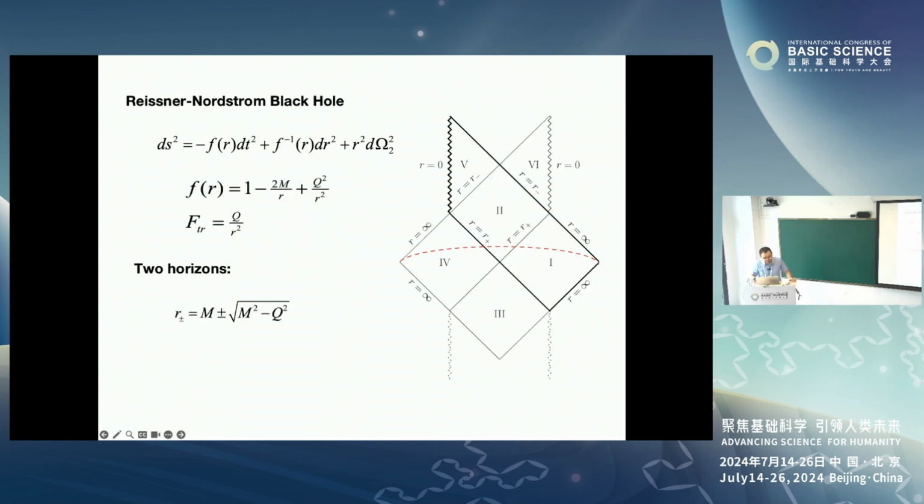Maybe you are not familiar with the Cauchy horizon, so let me give you an example. This is a charged black hole called the Reissner-Nordström black hole. This is its Penrose diagram. This is the event horizon, and it has the inner Cauchy horizon here. Let's give an initial condition outside the black hole, like the red curve. You see, this regime cannot be predicted by this initial condition, because light cannot go there.